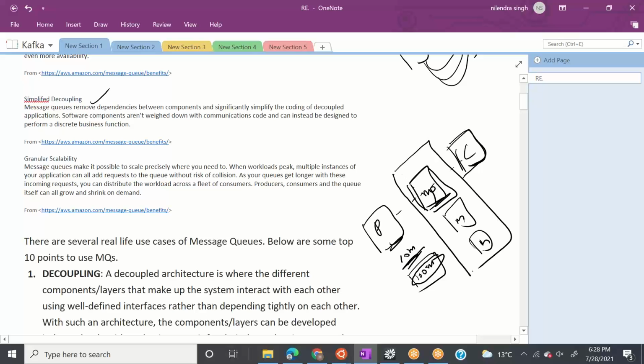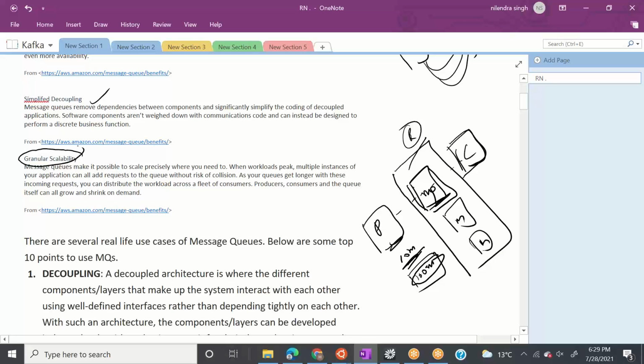You do not need to worry about it. You just need to add the machine. This is called horizontal scalability. You can add machines while your application is at runtime. There's no downtime, so there will be granular scalability, right?